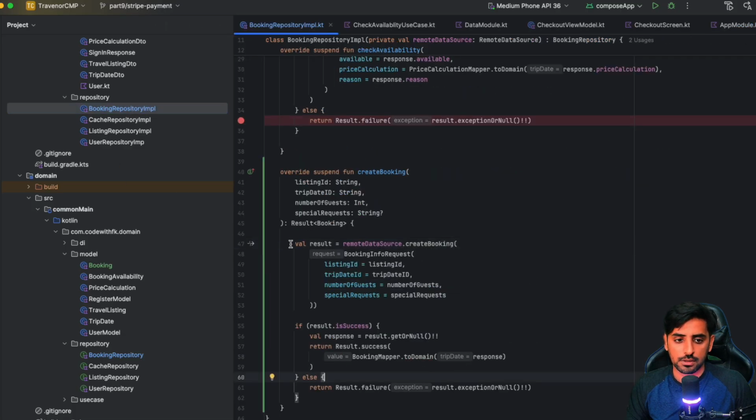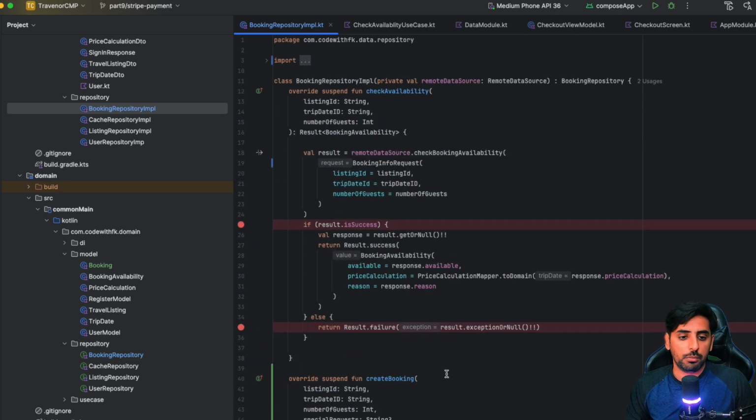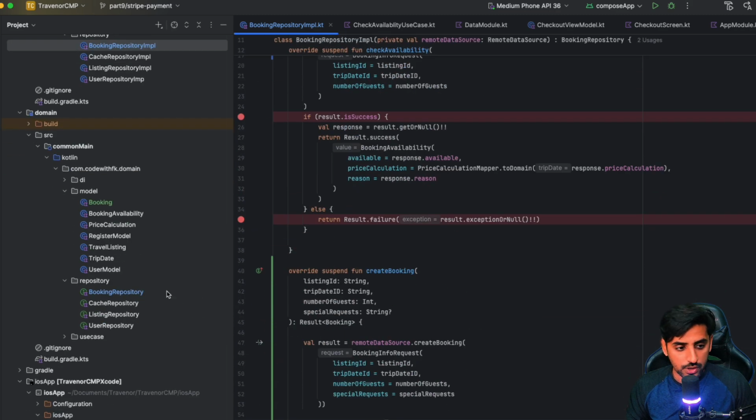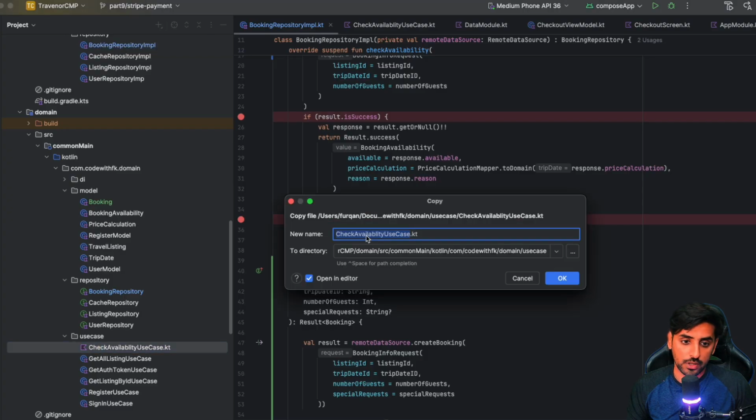Now what happens is that it just gets the data. If it's successful, it gets the response. Else, it basically returns the information. So now this is done. The createBooking implementation from this part is also done. Now the next step would be to create a use case for that. So for that, I'm going to use create